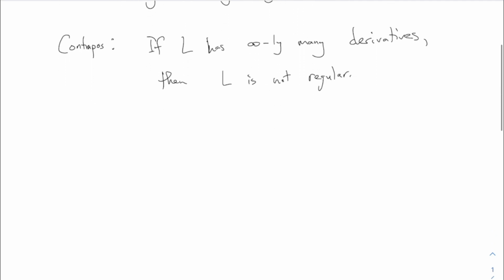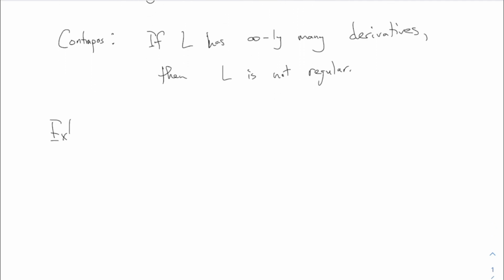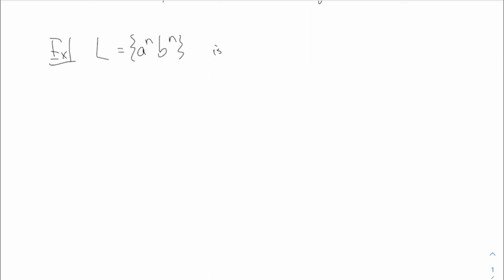All right. Anyway, if a language has infinitely many different derivatives, then that language is not regular. So the standard example is this language. This is everybody's favorite non-regular language. This is kind of the simplest example of a non-regular language. A to the n, B to the n. I guess I should write this as a set. All right. This is not regular,